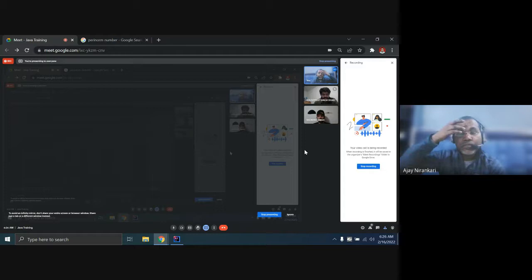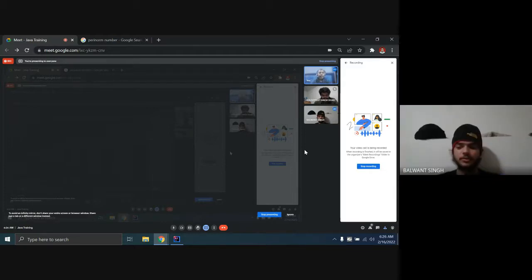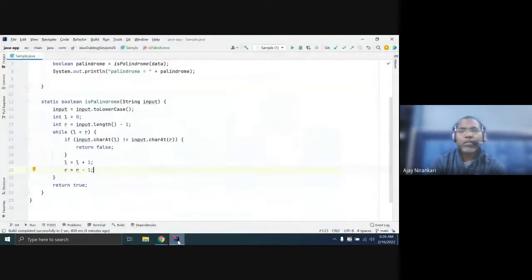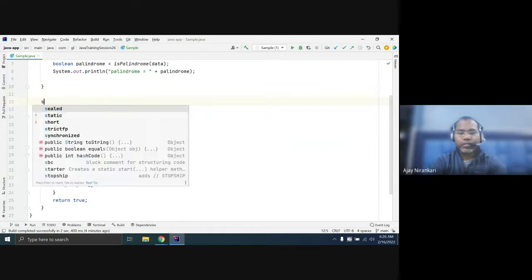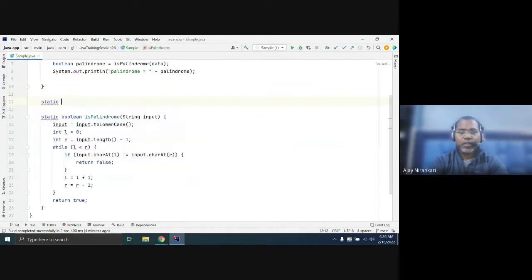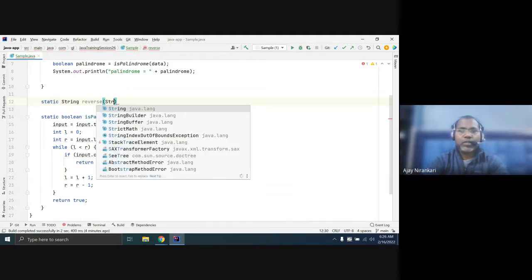So, how can we reverse the numbers using this? For reversing a number, you have already used the modulo operator, you can already do it, right? So here, let us write a static string reverse method first, and it will take your string input.